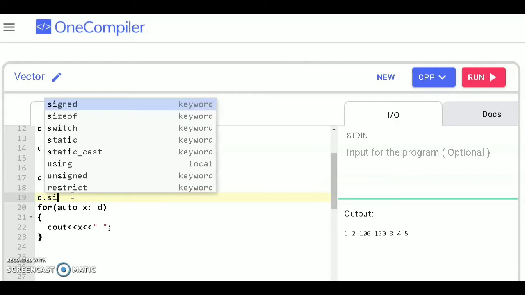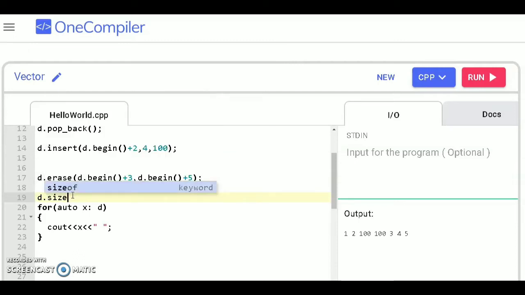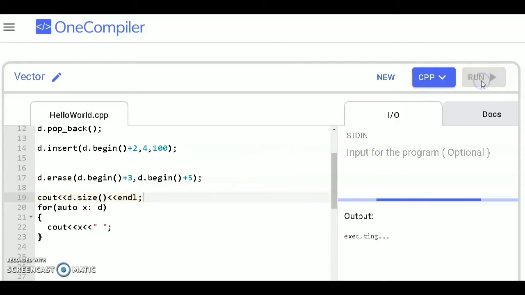d dot size, and you have to print this. So cout and change the line here. So this will tell the number of elements present in the vector. So you see 7 elements are present in the vector, which are 1, 2, 100, 100, 3, 4, 5,